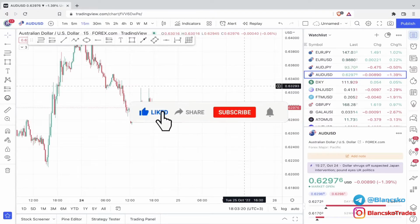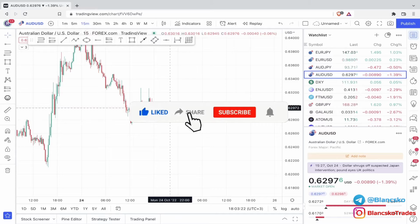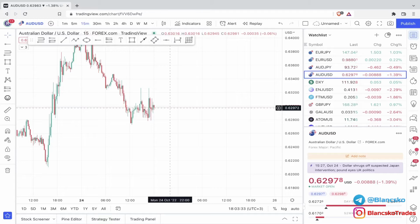some people ask me what patterns I like to use, and the people that know me well know that I don't really rely on chart patterns when I'm trading. My strategy doesn't really rely on patterns, but still I do have some patterns that I like, and I wanted to share them with you guys. I mean, probably you already knew of them, but me personally, I never had like 10, 15, 20 patterns drawn out, and